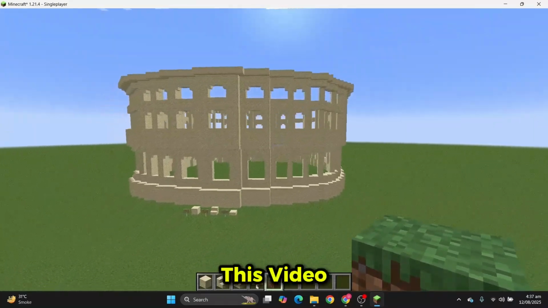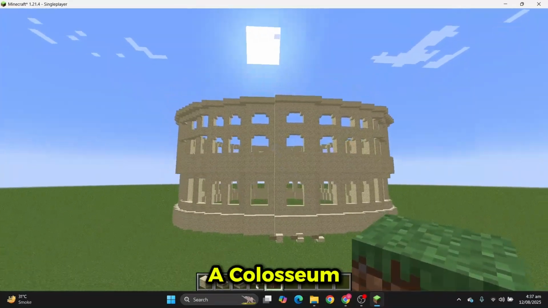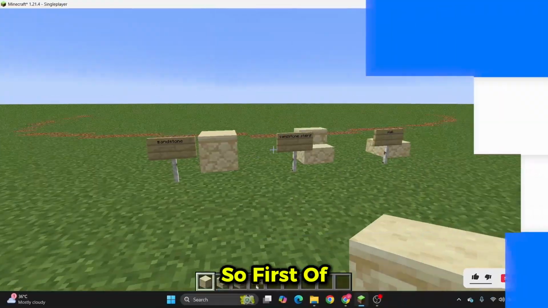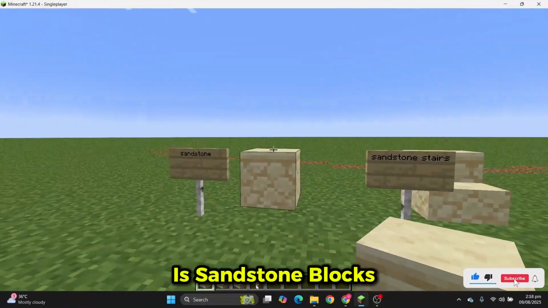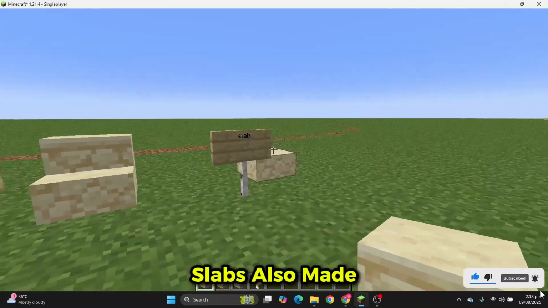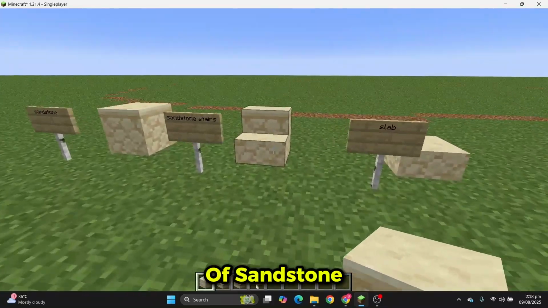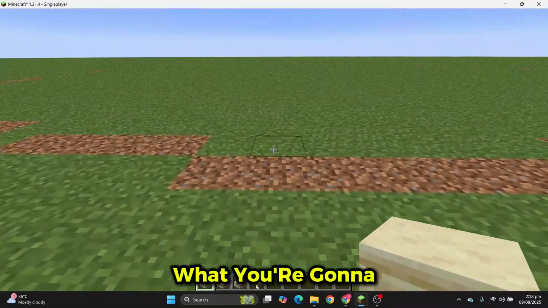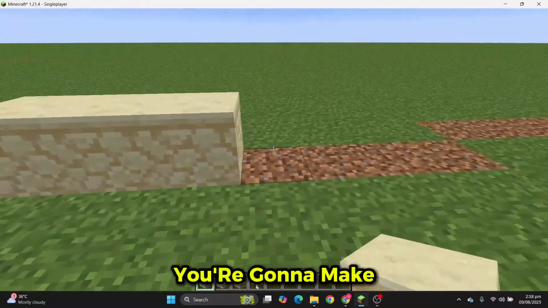So today in this video I'm going to show you how you can easily make a Colosseum in Minecraft Java. So first of all, what you need is sandstone blocks like this, sandstone stairs, and slabs also made of sandstone. So let's get started. First of all, what you're going to need to do is you're going to make